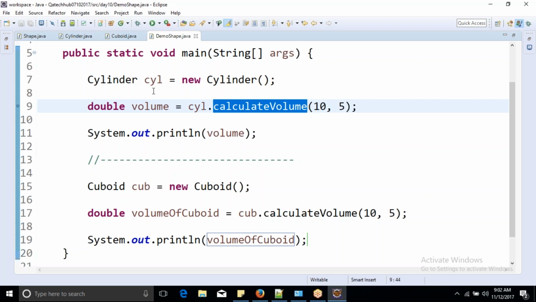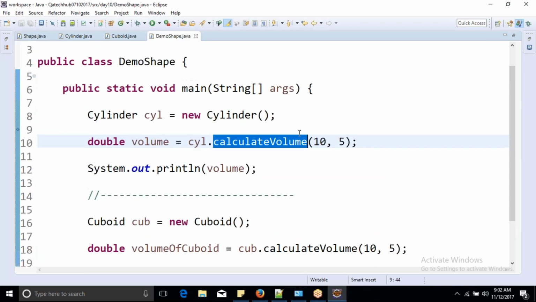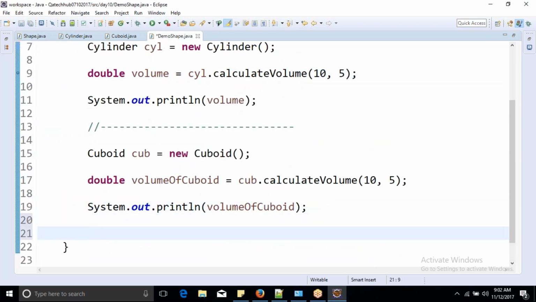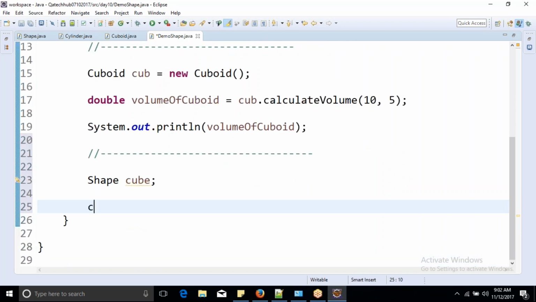Now there is one more point to know here: an abstract class can never be instantiated. That means if I try to create an instance of the shape class, see, I can declare a shape, and then any shape, maybe cuboid or cube. Let's say I'm creating this shape cube. Okay, I can declare it easily. But if I go and try to initialize it,